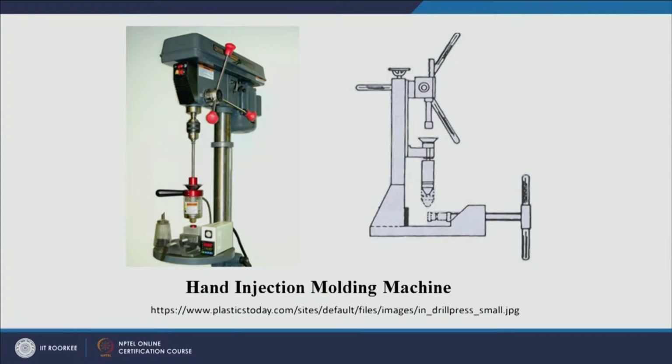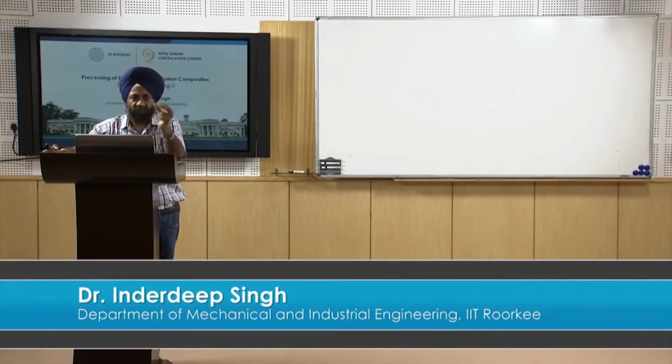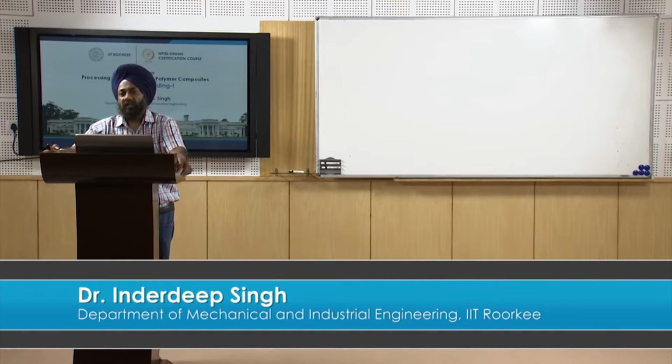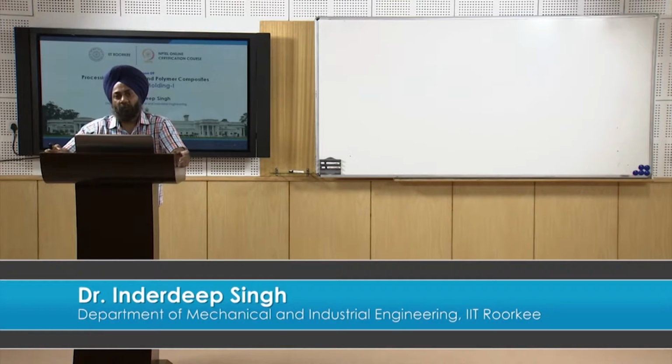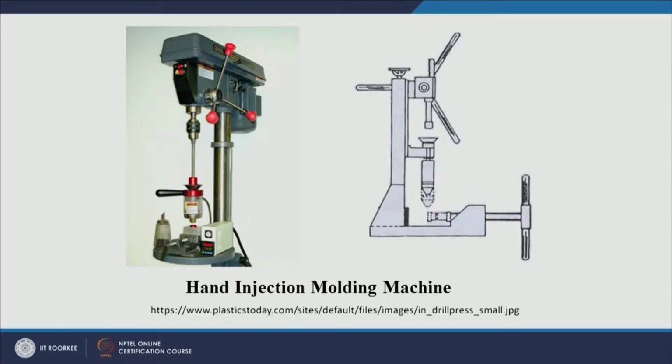We can see there is a lever and we can rotate this lever. So this will actuate the plunger, and then this plunger will apply the pressure. The molten plastic will be pushed into the mold cavity or the die, and it will take the shape of the die. The small plastic buttons that we use on our shirts can be made using the hand type of injection molding machine. So here we can see the red part is shown, that is the final part maybe that